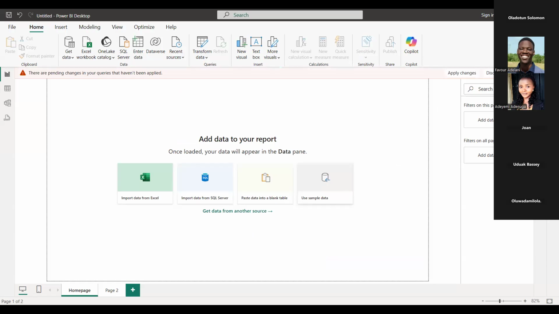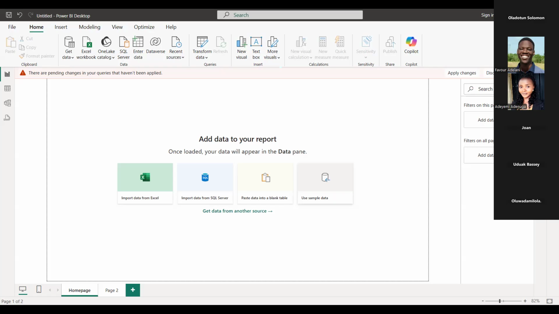So now we are on the Power Query editor. As you can see right here, we are now on the Power Query editor, but still inside of Power BI. Don't forget what we are here to do is to check if there are any anomalies with our data set.